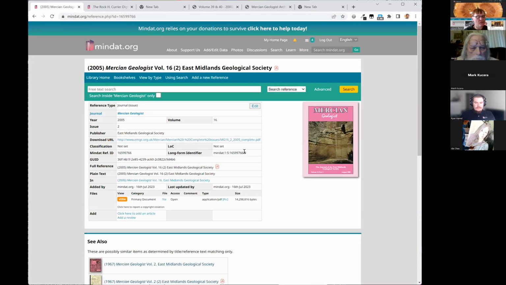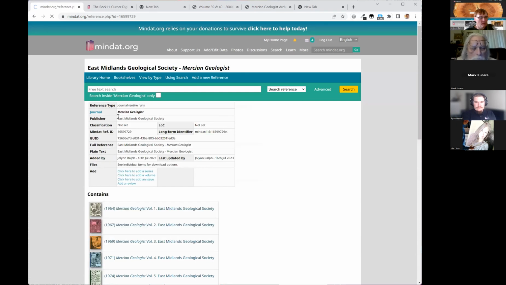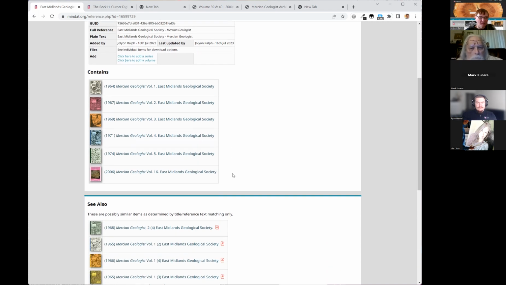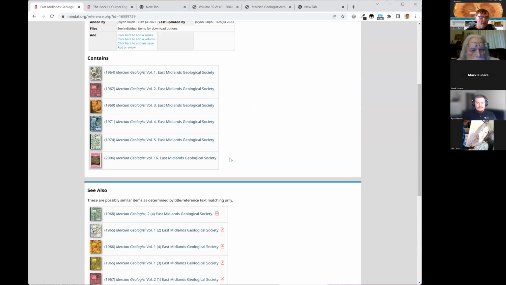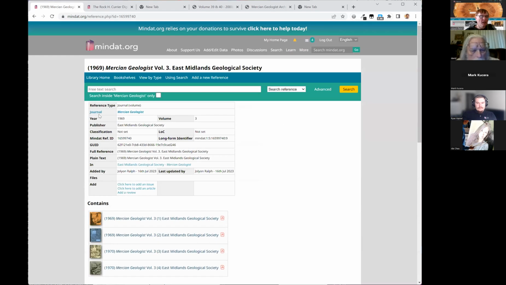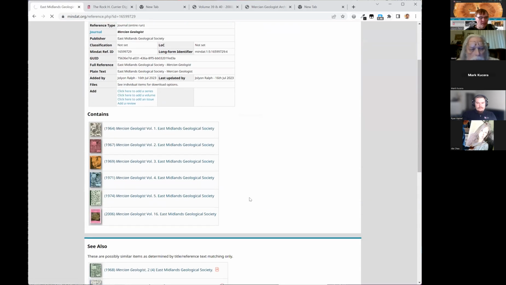But not everything has a file associated with it, because the whole purpose of this, if I go back to the top journal record, so I click on the journal title, it takes me back to this top level. We call it the entire run for the journal. And so the purpose of this is to try and build up a structured index of the journals, books, articles, and other information that may be of interest to us. And in this case, we've got the volumes. Inside the volumes, we have the issues. And I think if we go back to volume 16 here,